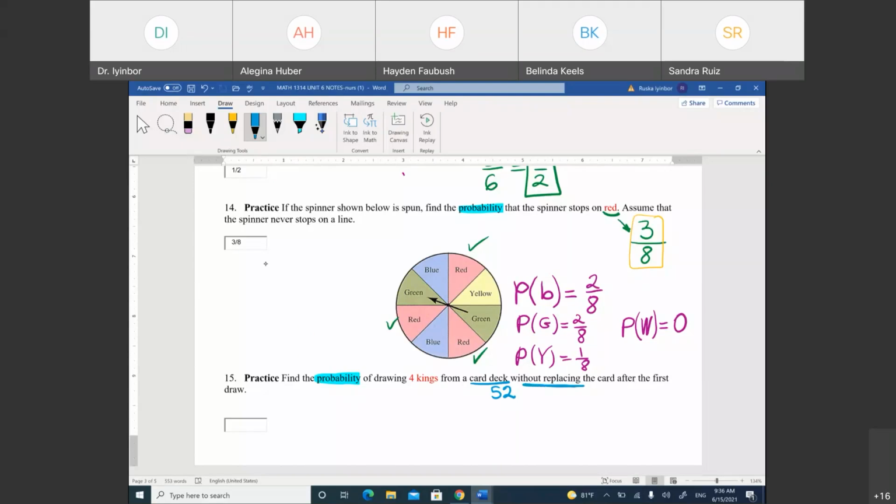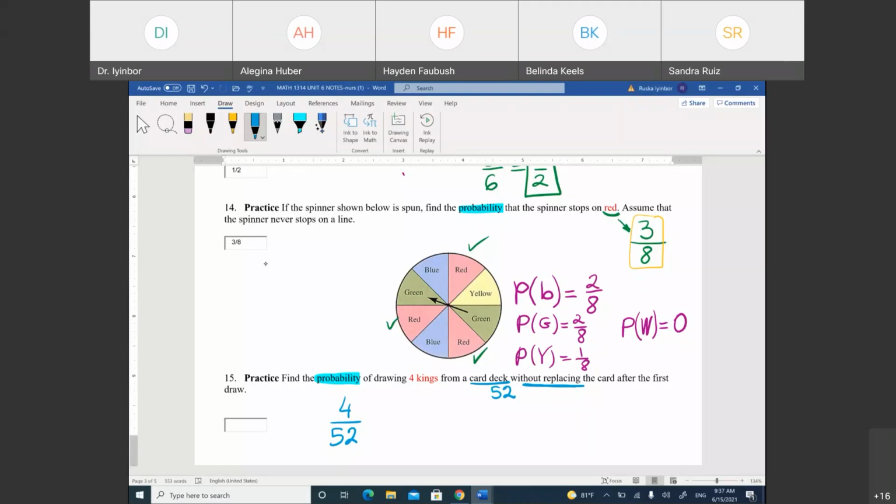So how many kings are in the deck? 4 out of 52, right? So that's the probability to draw one king. So this is the scenario here. You're going to draw 4 times. So what is the probability to each time you take a king out, but you don't put the card back, because it says without replacing the card. So you're taking one king out and you keep it out. Then you draw another time, you take a king again. And then another time. So you have to do 4 times drawing a king each time, without putting the card